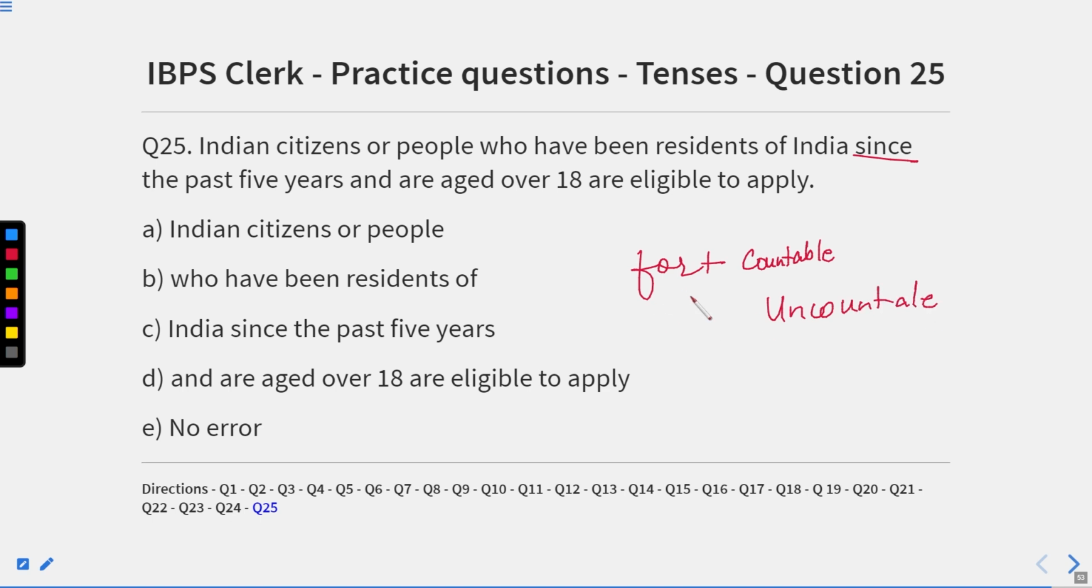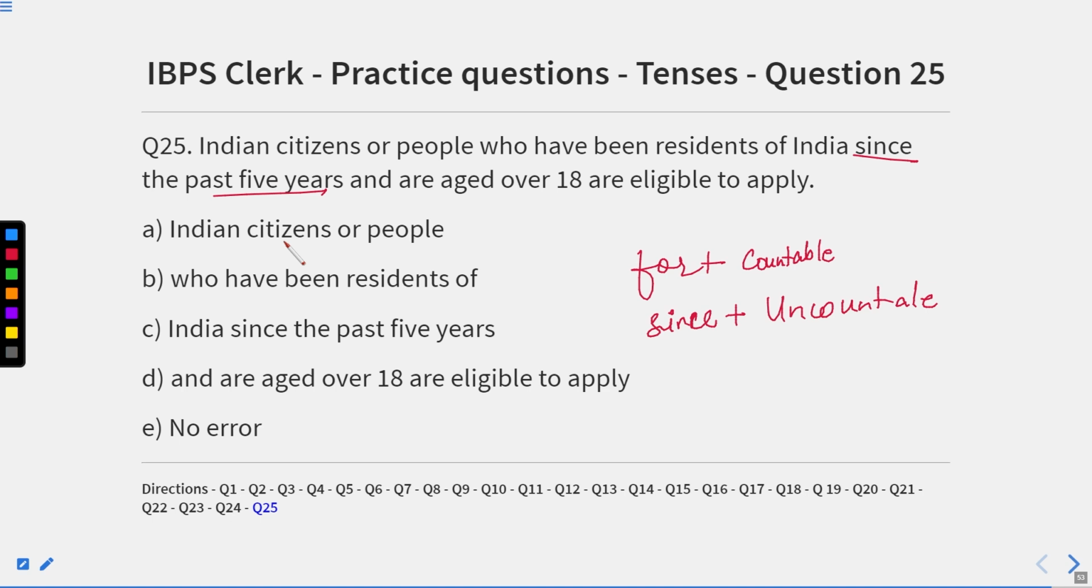Uncountable refers to something which has no unit. For example, if we talk about morning, evening, or a particular year, for example, 1947, 1922. So these are actually particular years. So in that case, we can use since. But if the time is countable or it has units, we use for. For example, 2 hours. So hours is actually the unit for the word 2. So if we look at this sentence carefully, it is written past 5 years. It means we can count these 5 years, 1, 2, 3, 4, 5, and we are talking about just past